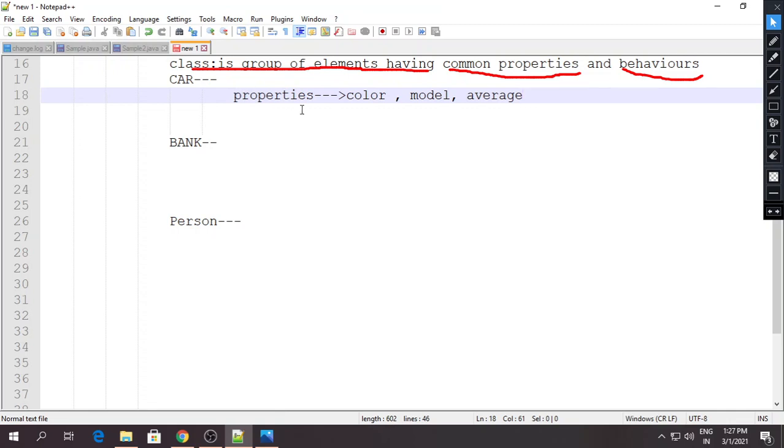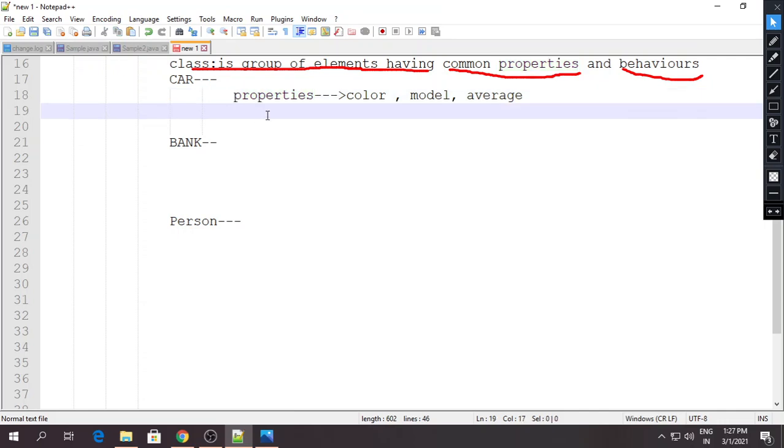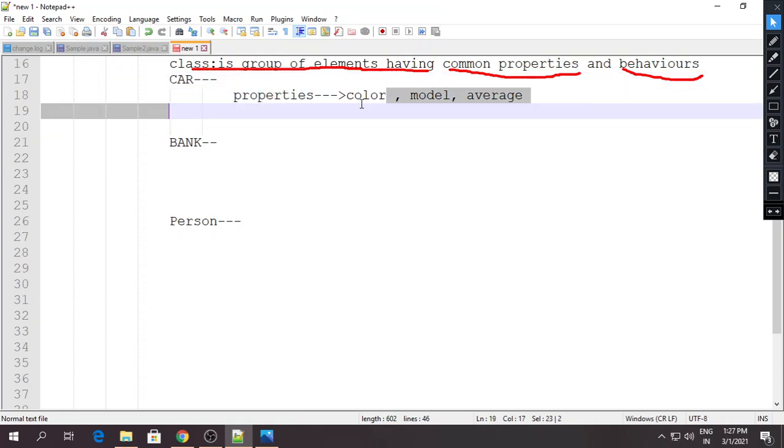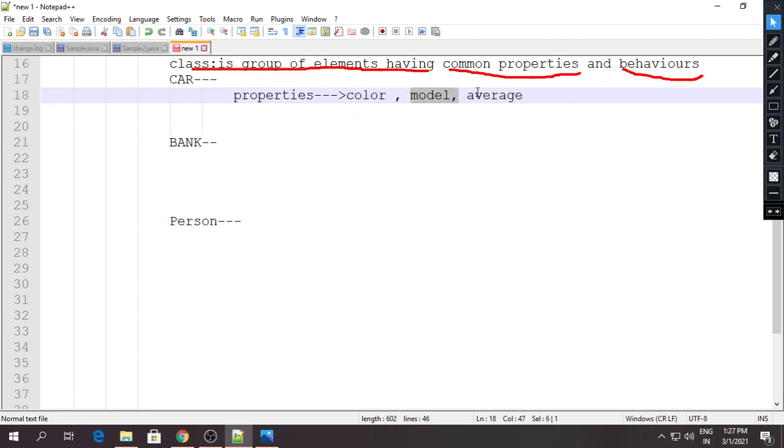And if you look at these properties, every car is having them. If you consider any car, a Zen, a Baleno, or any other car, you will find that all cars have these common properties. All have some color, then model, then average. Fine. So these are the common properties. And